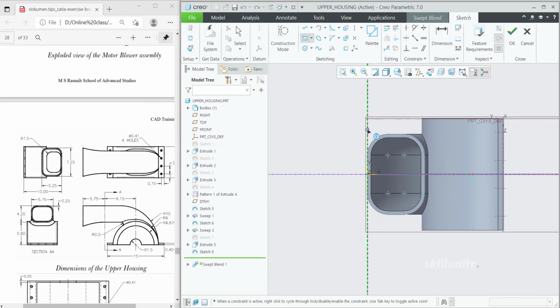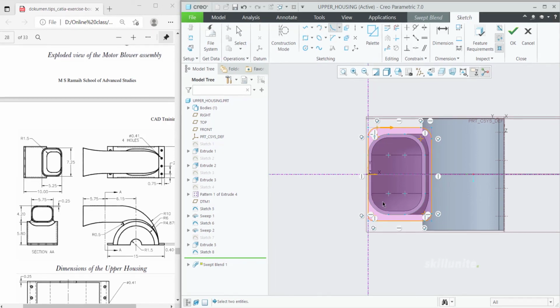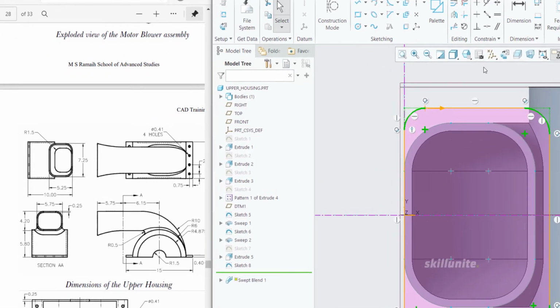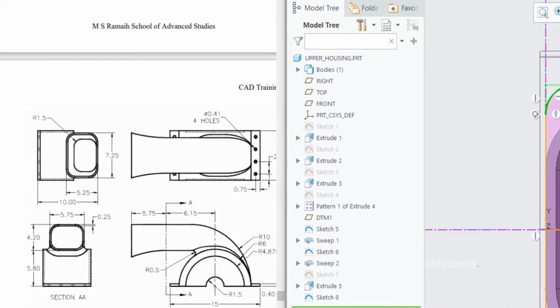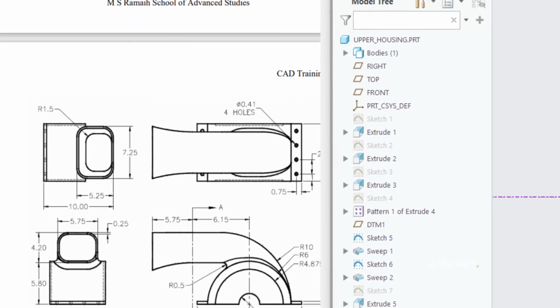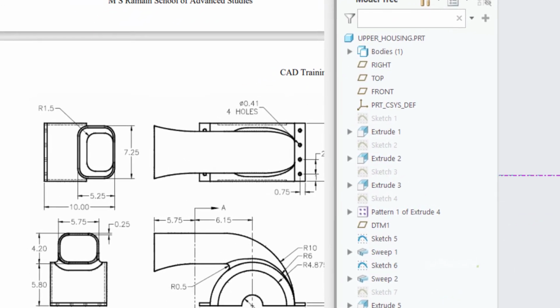So specify the dimensions for that. So same thing, add fillet first. Then add symmetry constraint. Then add dimension of the arc.